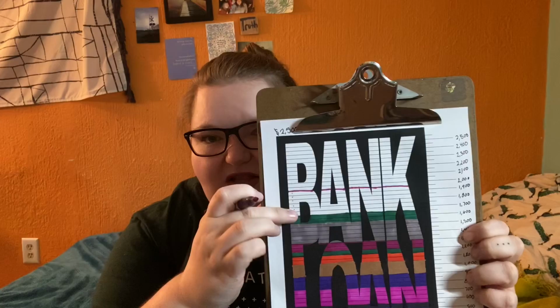So for my bank loan, I get to color in 6 lines this month. Let me do this real quick. Where that line is, I get to color in all of that white down here. And for me, each line represents $50 on this one. So let me color that in, and I'll just color in the B while we're on camera, just so you can get an idea. I pick a different color each time that I'm doing this, so I can show how much I have colored